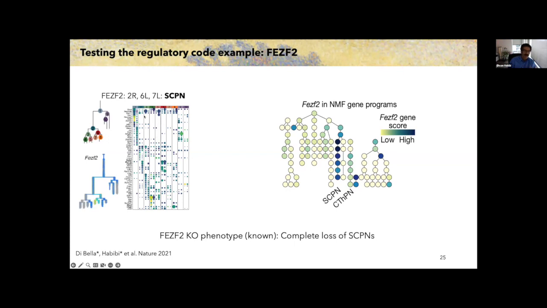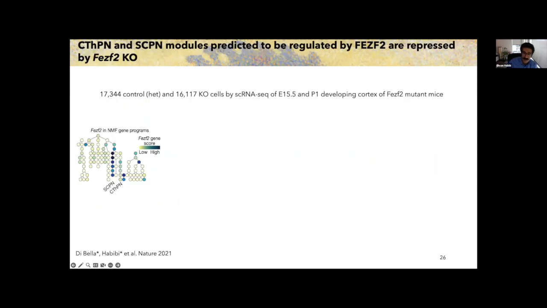We showed that this gene plays an important role during the branching tree, at the branching point separating callosal and corticofugal, and also we showed that it comes up early in one of these gene modules as one of the top ranking genes. So there is a question, because we know that when FEZF2 was knocked out by several labs in past studies, it caused a complete loss of subcerebral projection neurons, but the mechanism behind it and the identity of the neurons that are produced in their place was poorly understood.